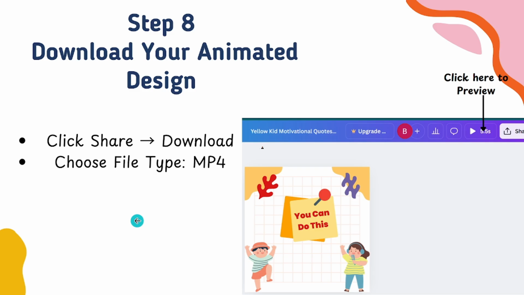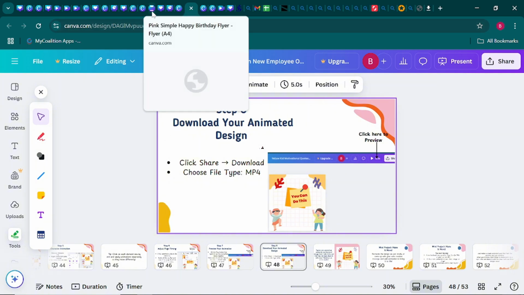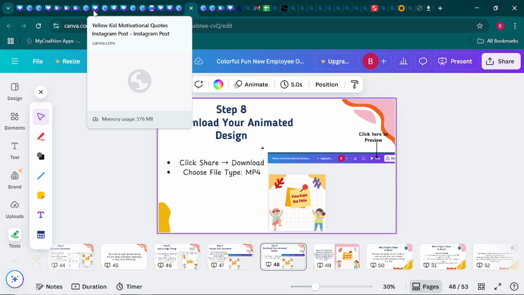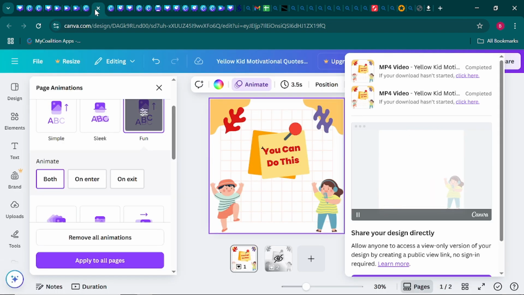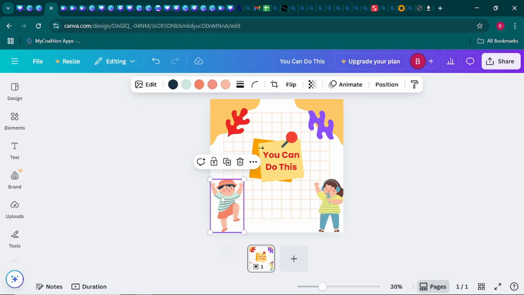All right, so now let's go back to our Canva and start our animation. Okay, so now we have this, and we need to animate it. If I click on this kid, let me say this is the kid I want to animate first. If I click on the kid, you see Animate up here. If I click on Animate,